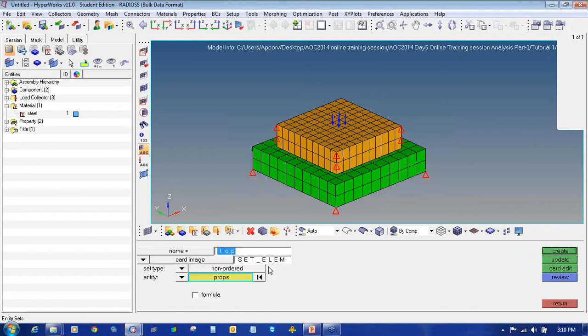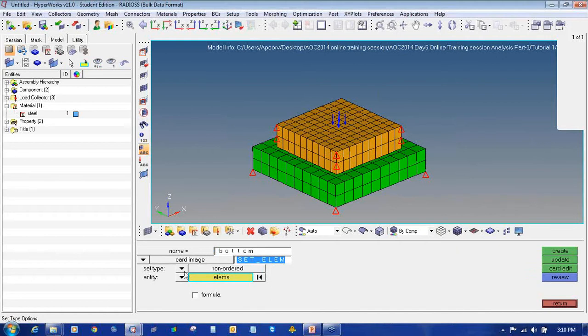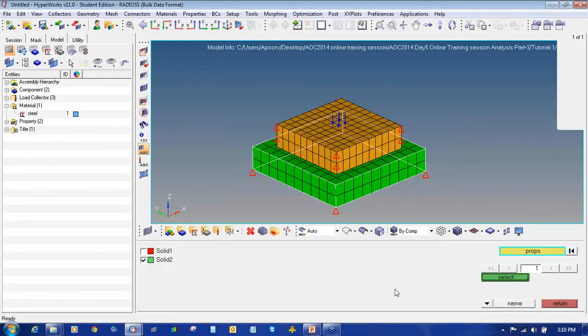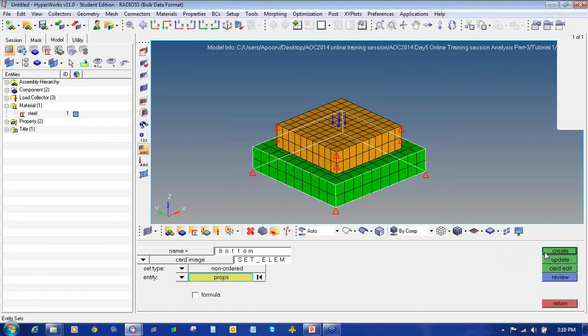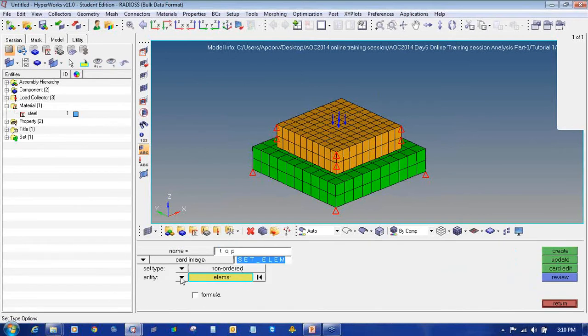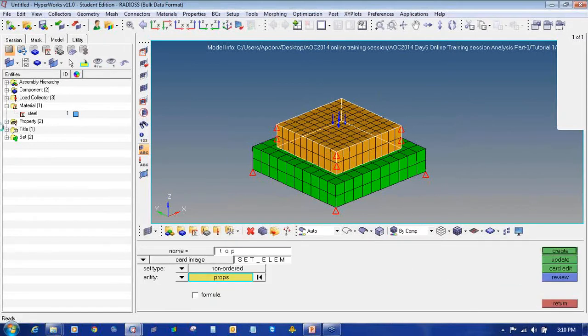Now similarly create another set for bottom. Again set element, set the type as non-order, entity set as property, and say create. I haven't created the top, so I will create the top one again. And click on create.